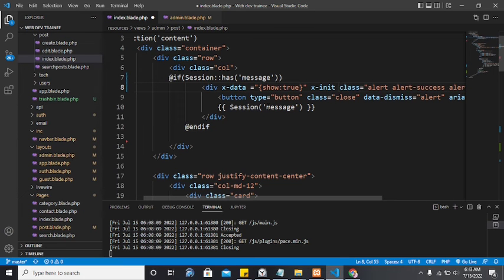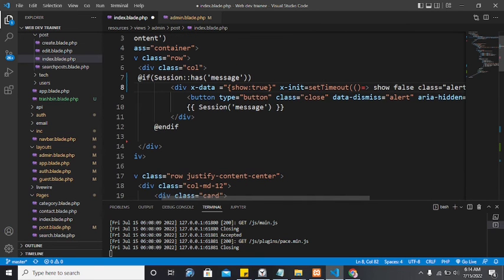x-init, which equals to setTimeout, so that you can set the timeout for the flash message. So here we have something like that. So the timeout will be something like the arrow function, which equals show, so show equals false. Okay, so we are setting the x-data show true, setTimeout, and then here show is going to be false,